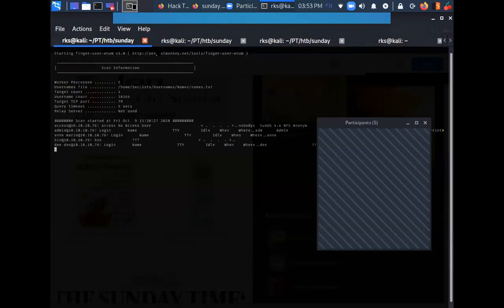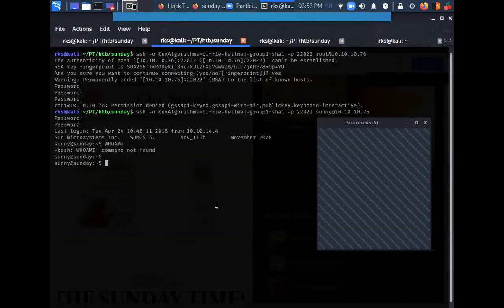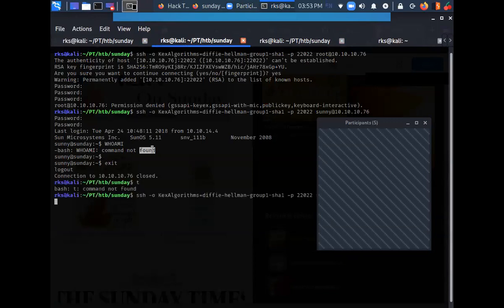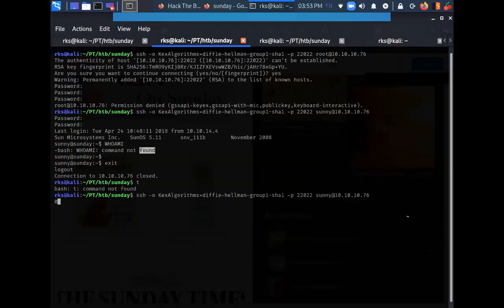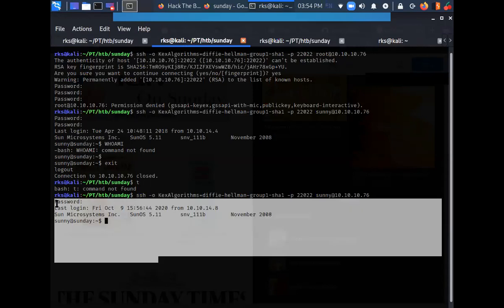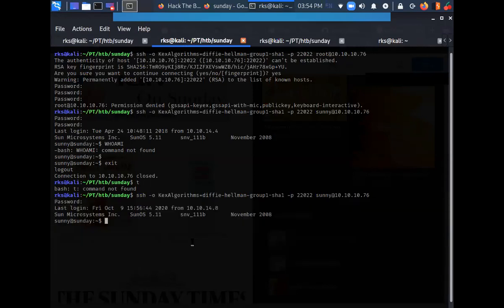This is still running, and that's how I was able to log in here using the password Sunday. So I have the shell over here.